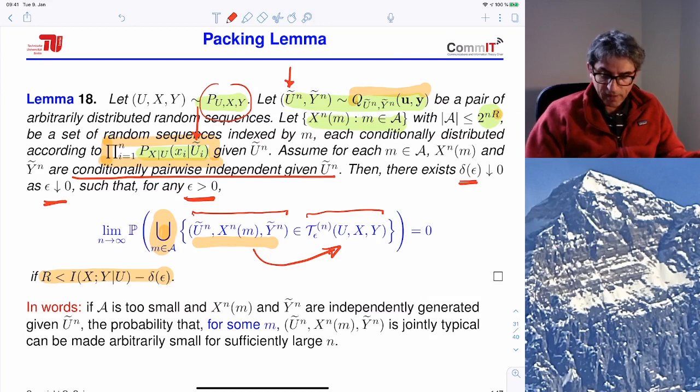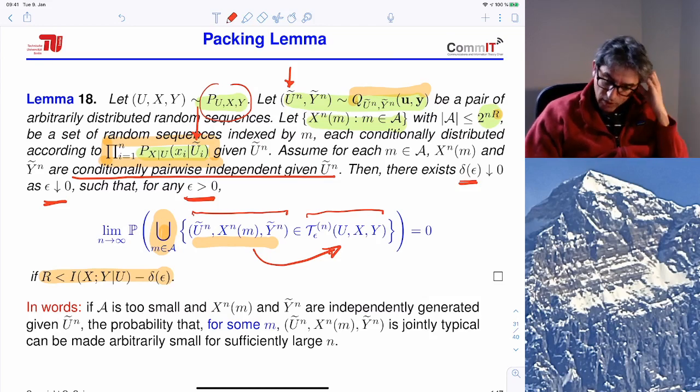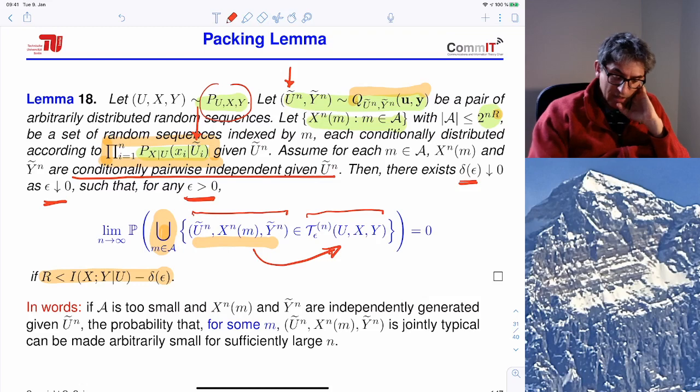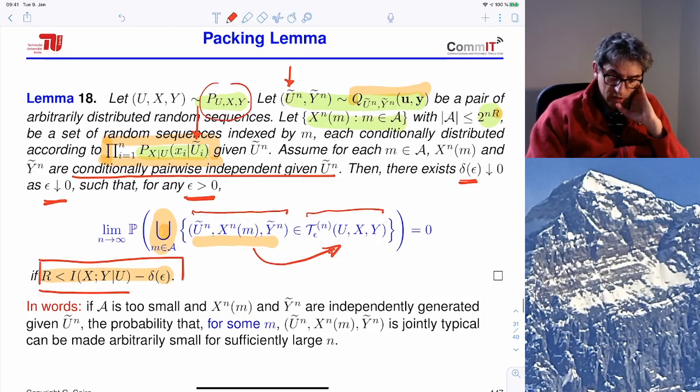If not, it's not satisfied. And I'm asking what is the probability that this event is true. And it turns out that this probability goes to 0 for large n,